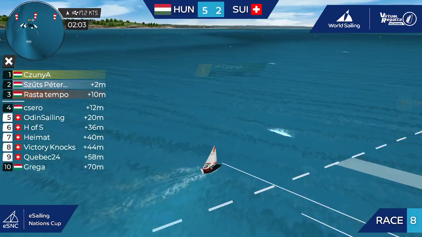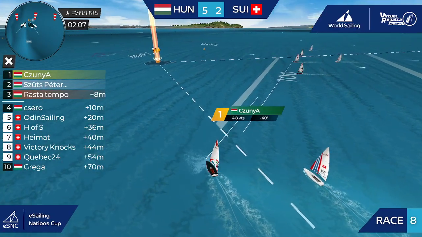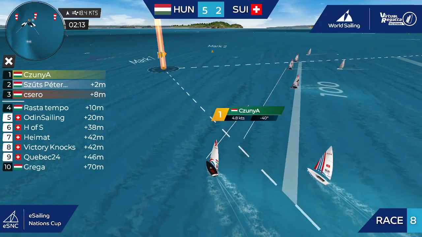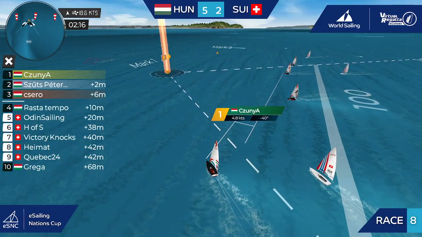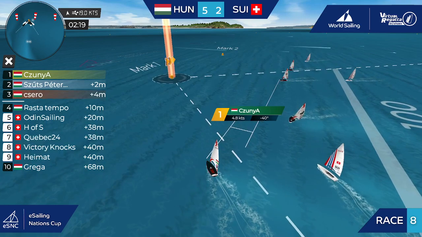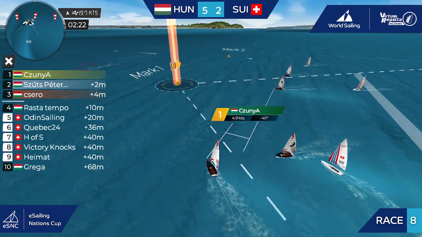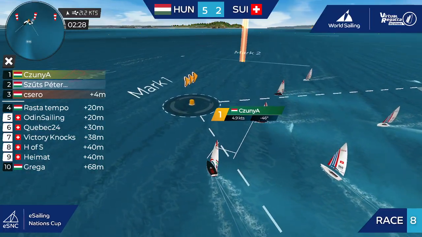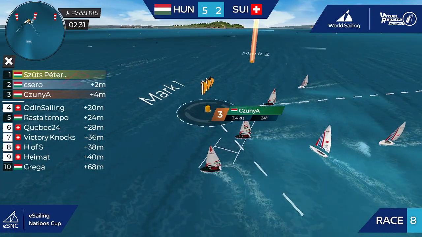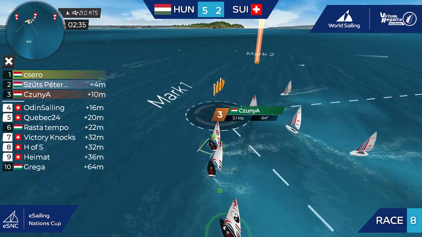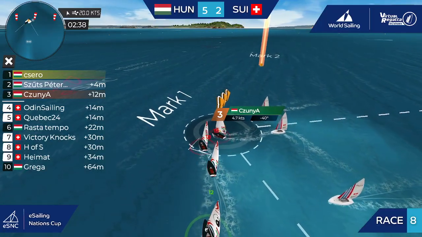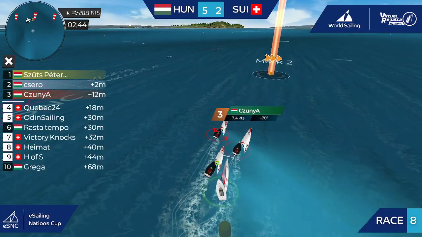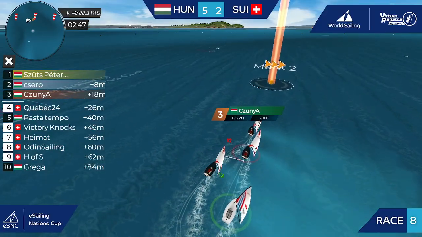And at the moment, the fleet is a little bit more defined with 4 Hungarian boats in the lead. And this is a major issue for the Swiss if they want to get this point. Because with 4, 1, 2, 3 are trying to run away, and the 4th blocks the rest. Misinterpretation here between Zero, Zutz, and Zunia, and the Swiss are actually able to get really close. This is not an insane issue,